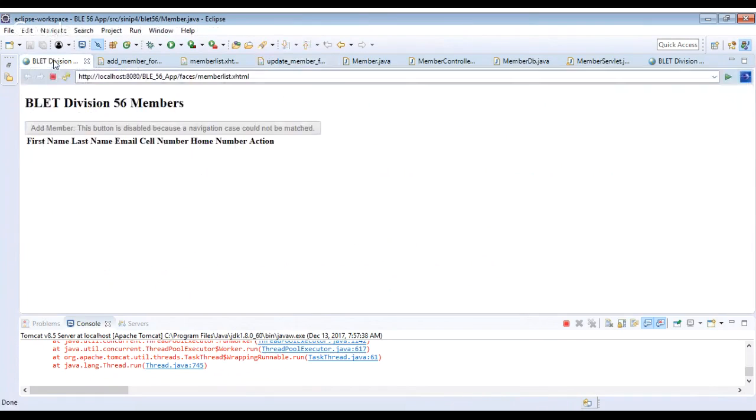And then this is what the code looked like, or the app is. It's not functioning like it should, but that's what it looks like. Right here is supposed to be the add member button, but it doesn't work. And then I'm supposed to have links or buttons for update and delete, as well as